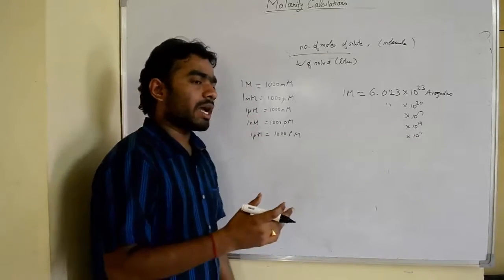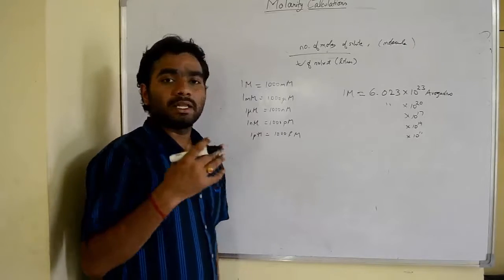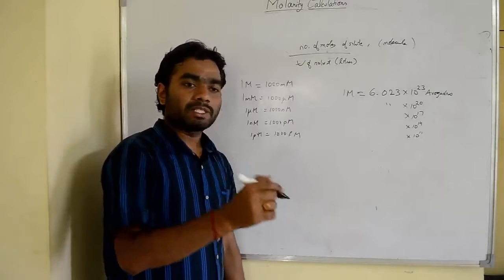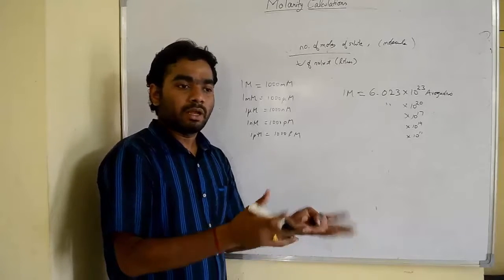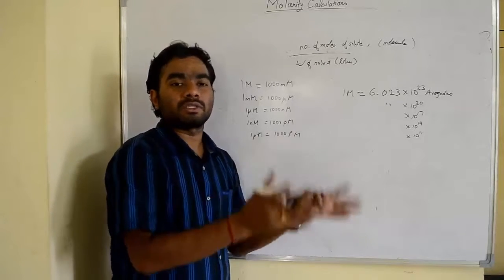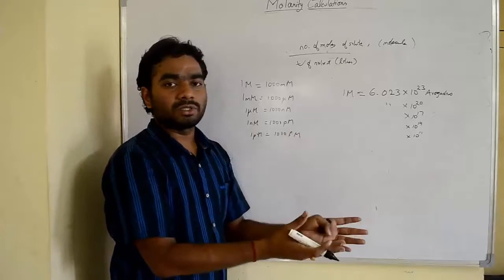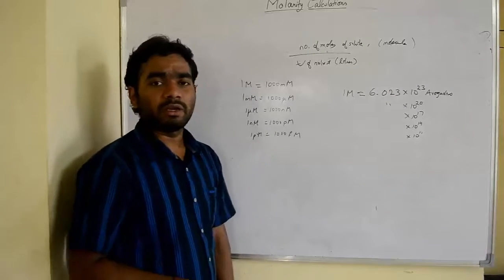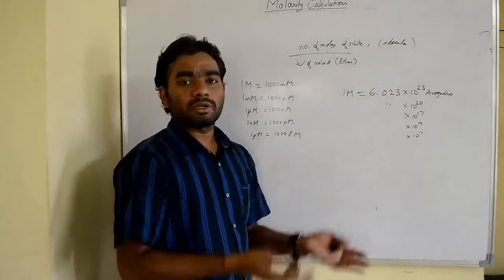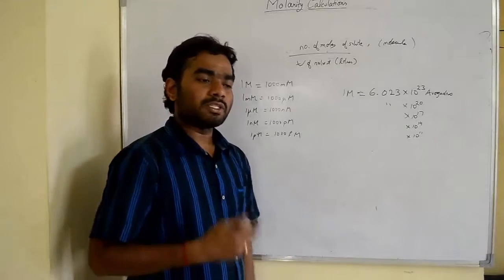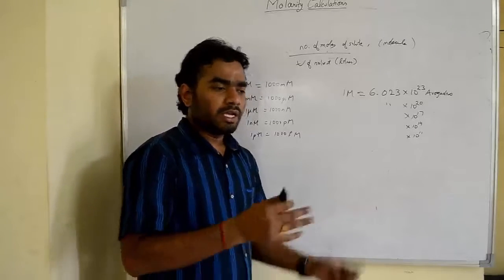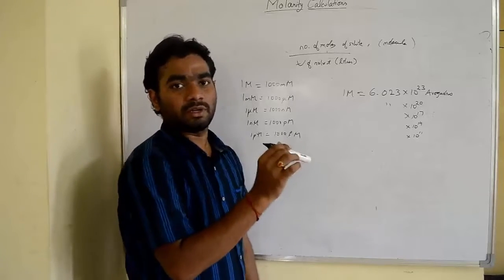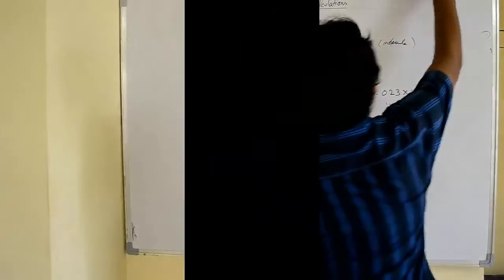If someone says I have 1 nanomole, they are talking only about the solute. They are not mentioning that the solute is in water, that is, they are not mentioning the concentration. It may be present in a solution. If I say I have 1 molarity of sodium chloride, that means you are talking about the concentration of the solution. But if I say I have 1 mole of sodium chloride, it can be in powder form or in solution. I am talking only about the solute. So you have to remember that.